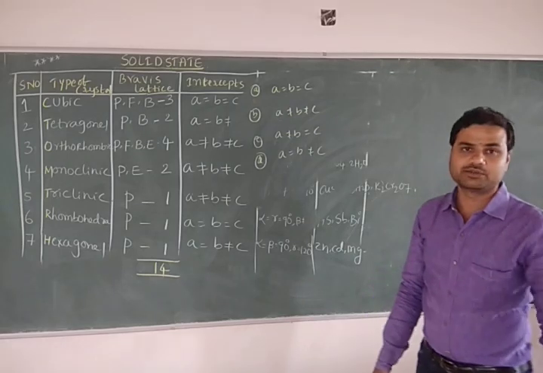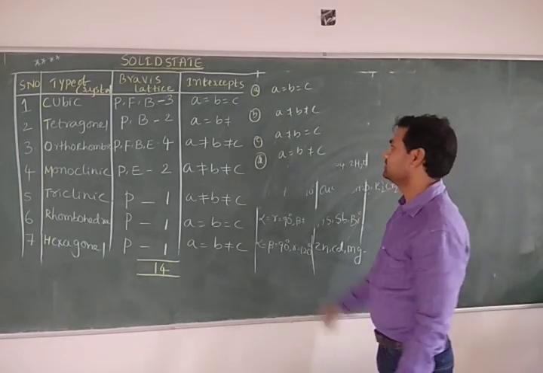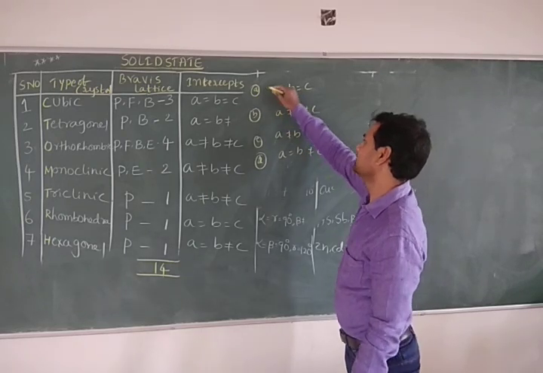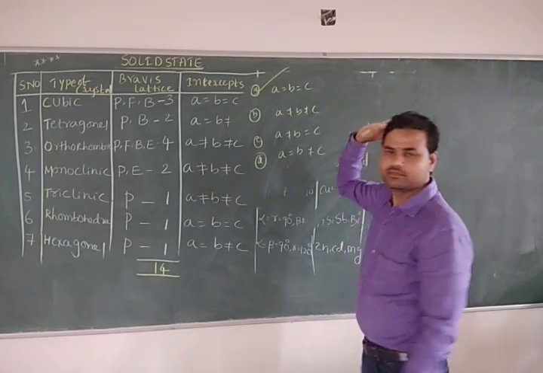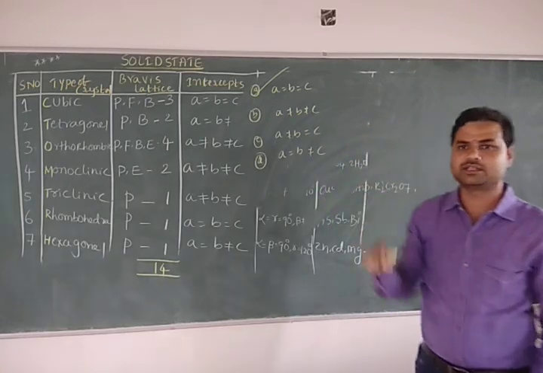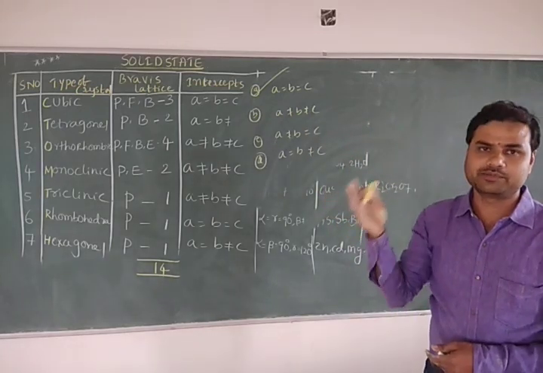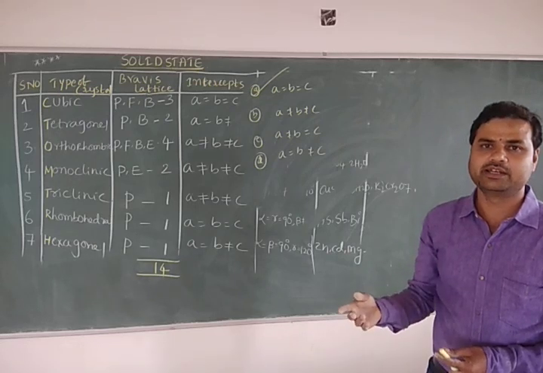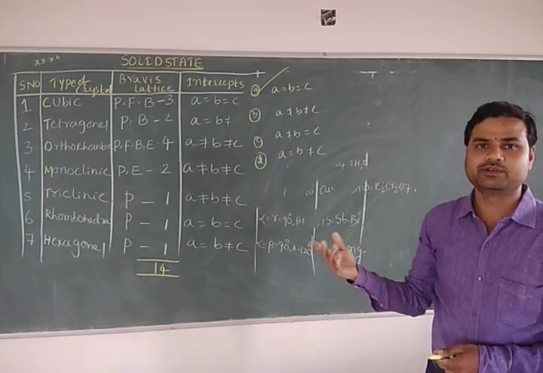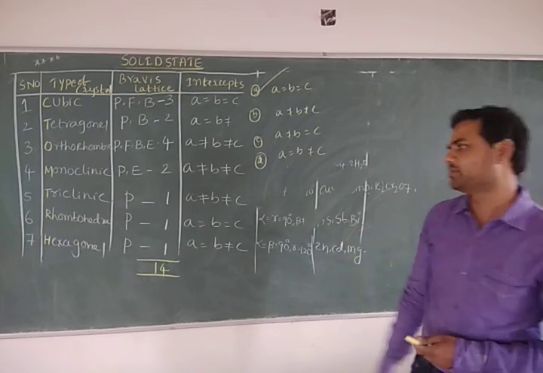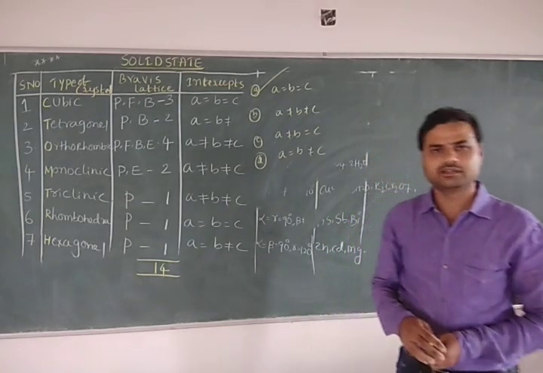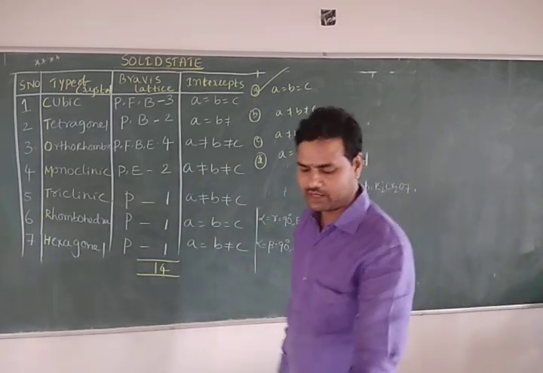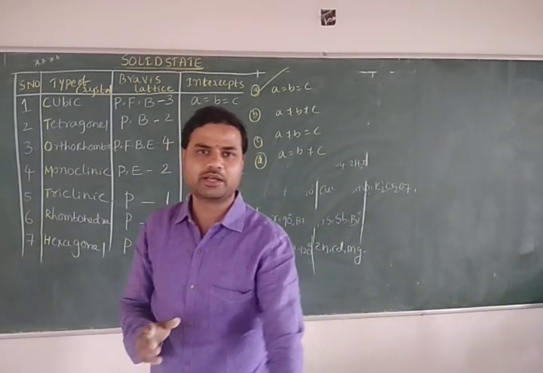Sometimes they may ask the question on the angles also. So which is correct here for the cubic system? This is right: A is equal to B is equal to C. Is it clear to you? And they may ask questions on the intercepts, and sometimes on the angles also. Like they give alpha beta is equal to 90 degrees and gamma is equal to 120 degrees, and that's suitable for which type of crystal system? Hexagonal. That kind of question they are asking in competitive examinations, and definitely you have to learn by heart or remember this table or column.